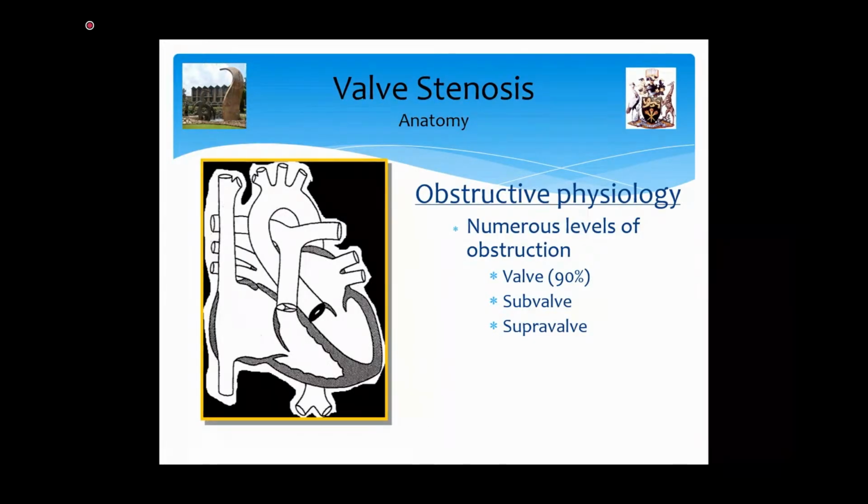The other obstructive lesion is valve stenosis. This could be at different levels: just below the valve, at the valve level, or above the valve. Most times it will be at the valve level. If it's on the left side, it could be aortic valve stenosis. This will cause reduced blood flow into the aorta. And because of that obstruction, the left ventricle has to pump against the resistance, so it will be hypertrophied and